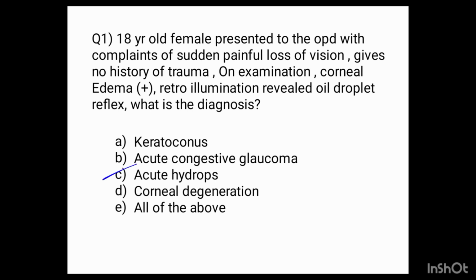So acute hydrops, you must have heard the word hydrops. Hydrops is edema or swelling. So in acute hydrops, what happens is that there is sudden corneal edema, there is sudden swelling of the cornea because of the imbibition of the aqueous into the corneal lamella. See, since this cornea is stretched out and thinned out, right? So what happens? Behind the cornea lies the aqueous. So this aqueous gets imbibed into the corneal layers, causing the corneal edema.